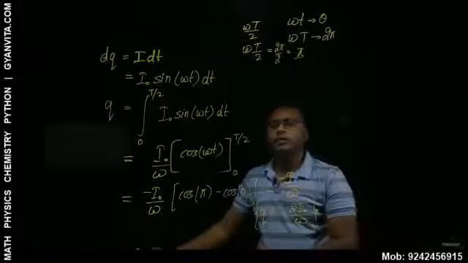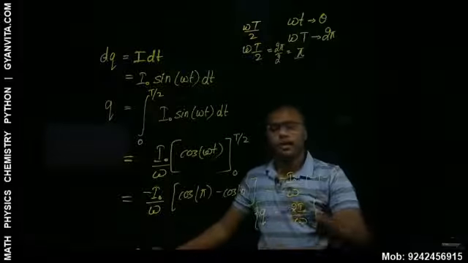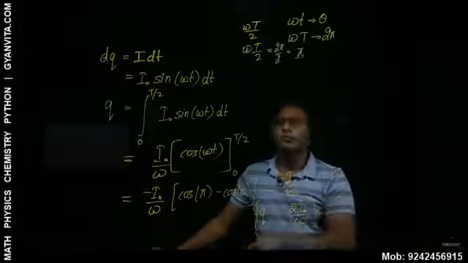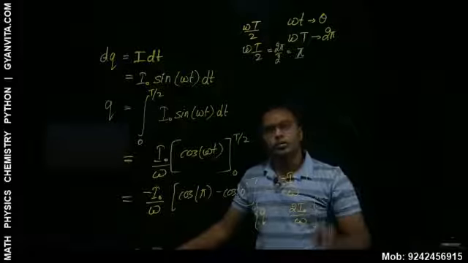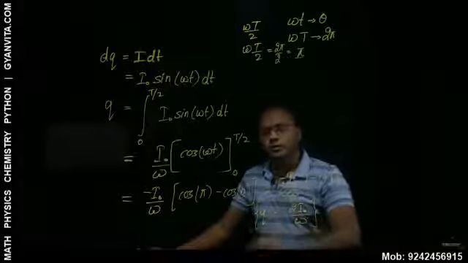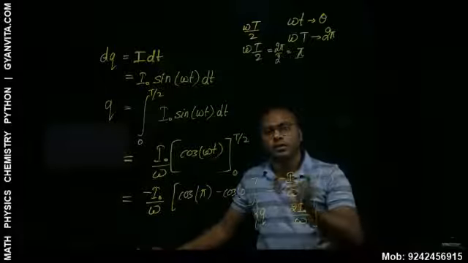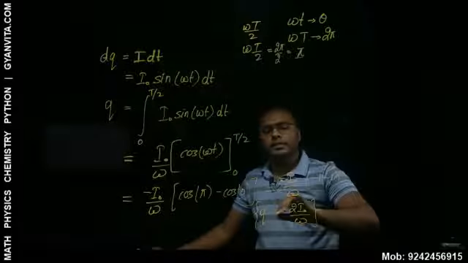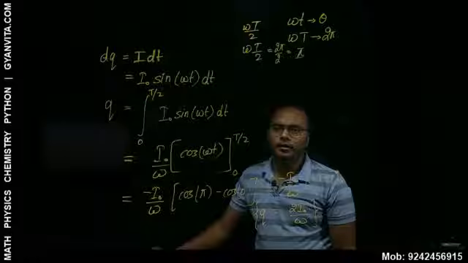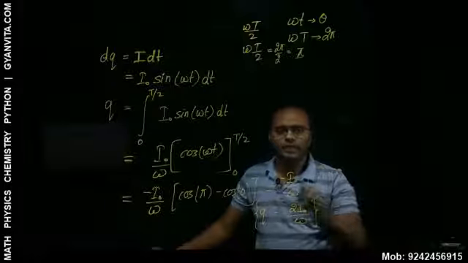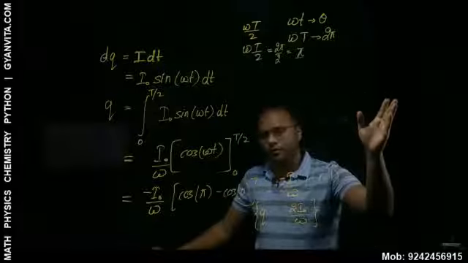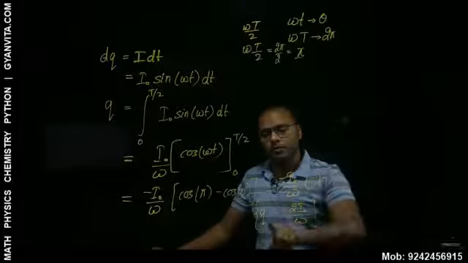In the second half also the same amount of charge will be flowing. It's only that the direction of the flow of charge will be different. So that makes current equal to 0, but that does not make the charge which is flowing in the circuit to be 0. The total charge which has flown is actually 4 I naught divided by omega in one cycle, and that charge will be responsible for the work done. Is it clear? So average current is 0 in one cycle, but the charge is not 0.